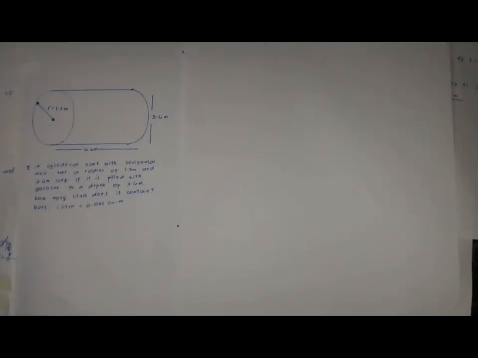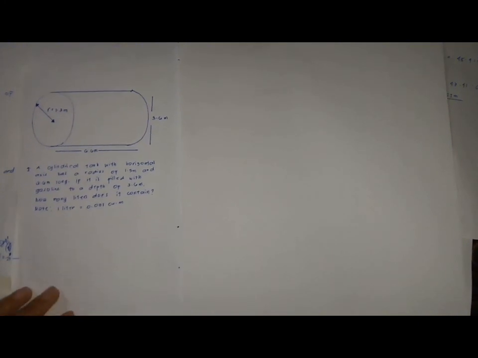A cylindrical tank with horizontal axis has a radius of 1.3 meters and is 6.6 meters long. If it is filled with gasoline to a depth of 3.6 meters, how many liters does it contain? So,